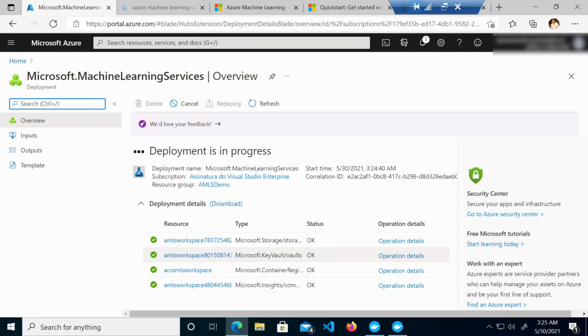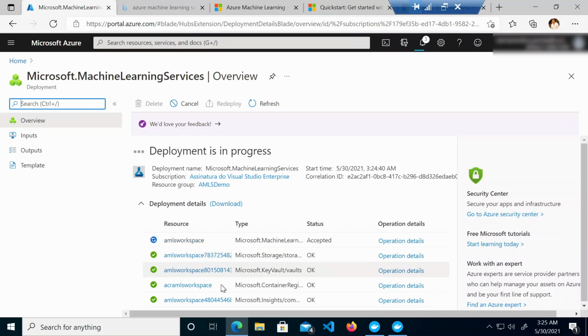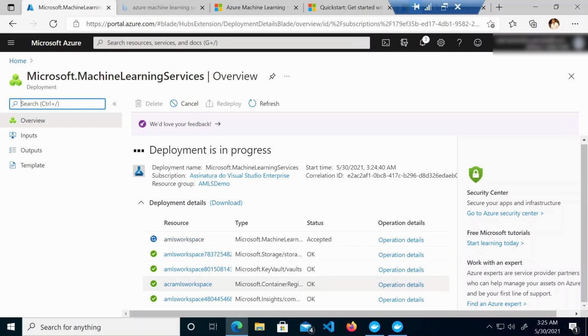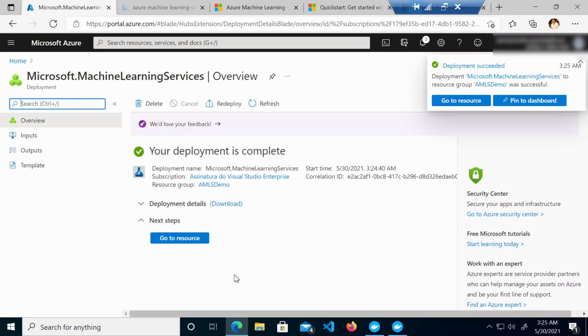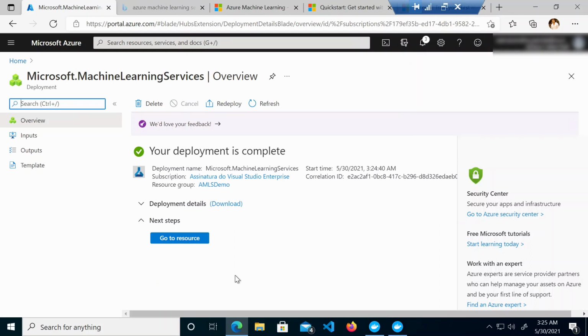That information gets stored in the key vault. And then we have the container registry. This is very important. If we are creating any environment and a Docker container gets created, and we need to register that Docker container somewhere, then the ACR will be used. And where does the Docker container come from? When we submit any experiment, the experiment runs in a container inside the AMLS compute. I'm using a few terminologies which I'm going to talk about more in a subsequent session.